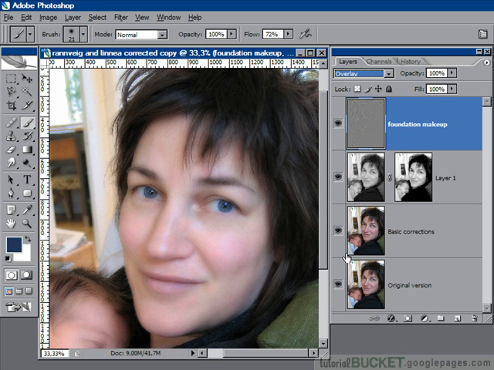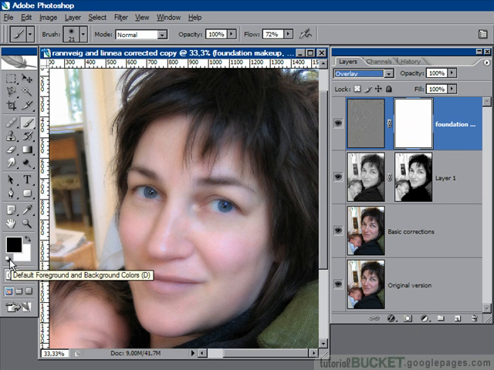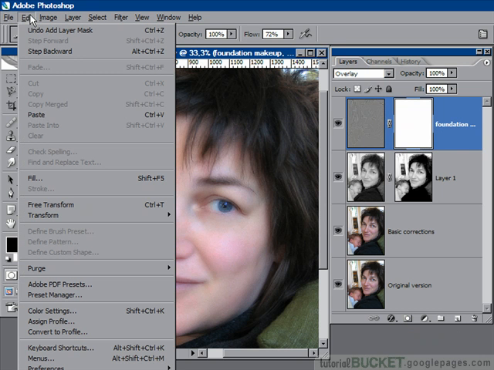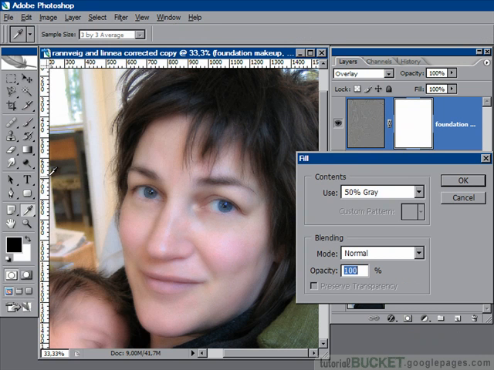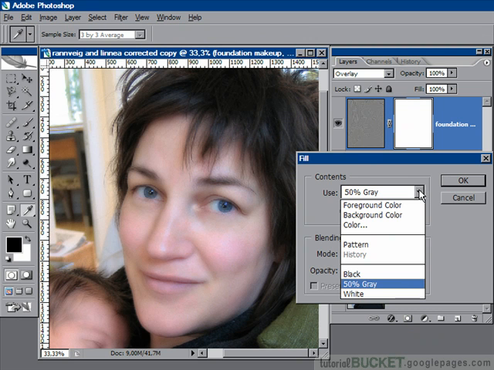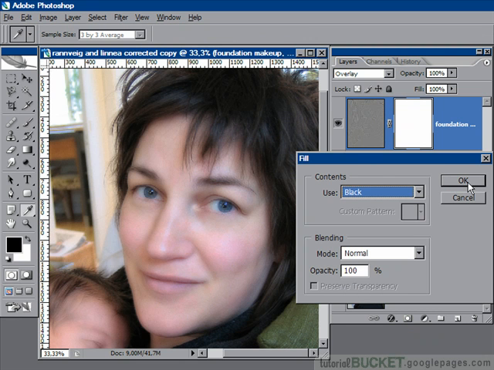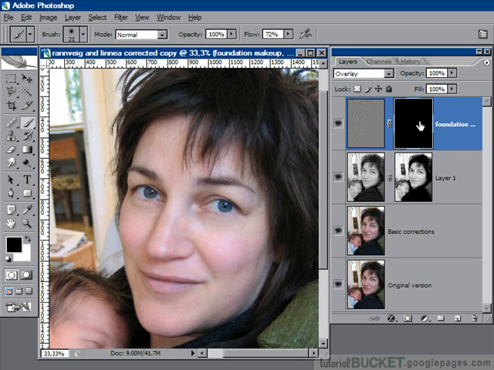So we're going to use a layer mask. So add a layer mask. Make sure that your palette is filled with black ink. So I'll just set everything back to black at the front and then fill with black. I'll just do it from the menu by using Edit Fill, and I'll fill with the black setting. Okay, and that now takes away all of the smooth foundation makeup,